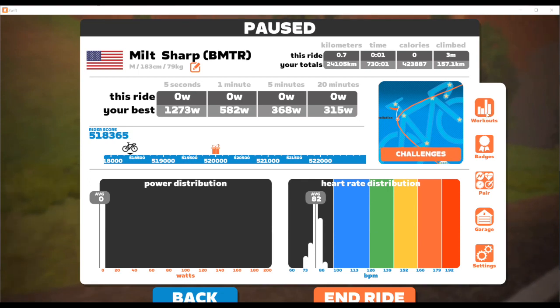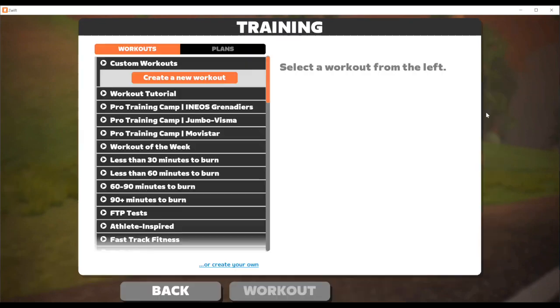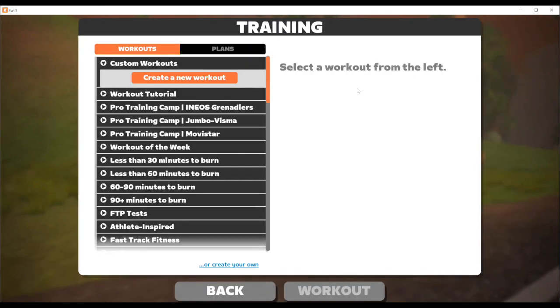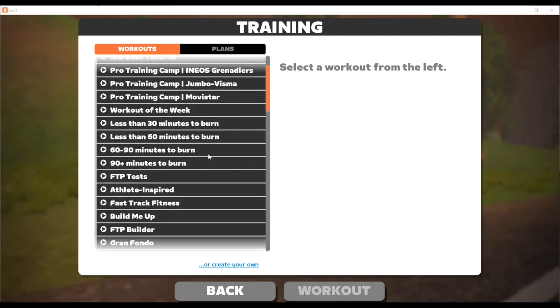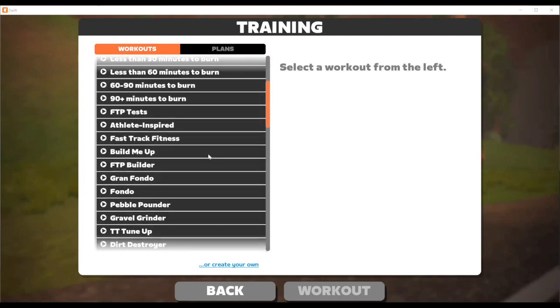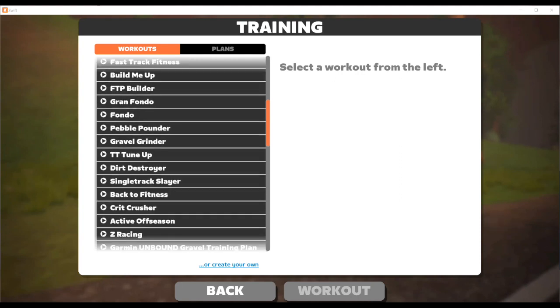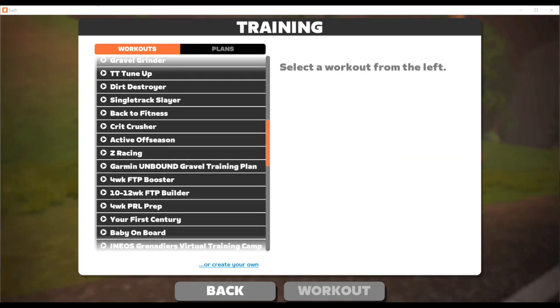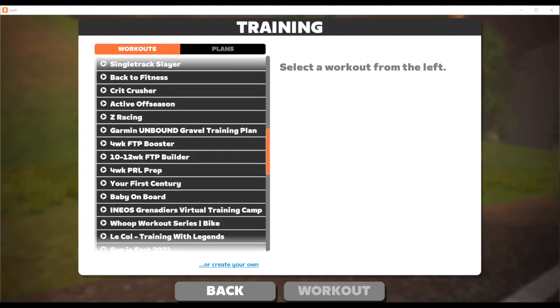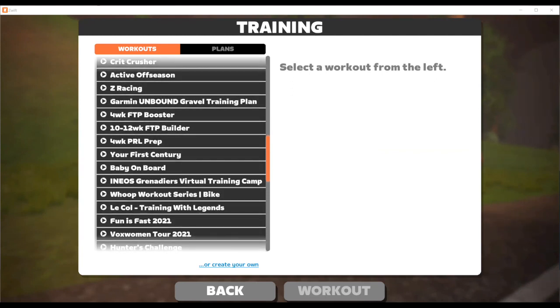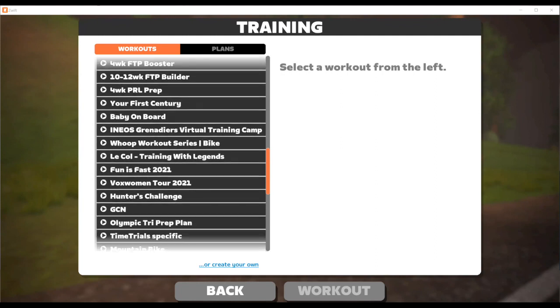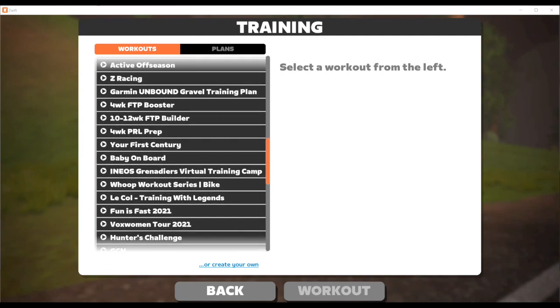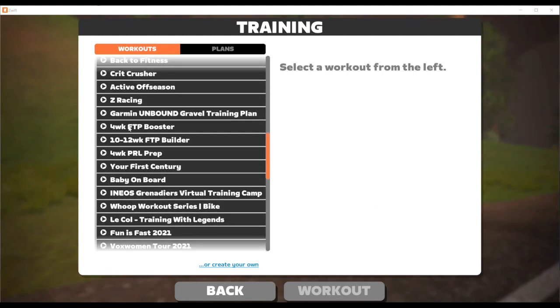Over here are those workouts that I talked about earlier. And as a beginner, I think it's better to come here, select a workout, and sign up for it, because it's better designed to have those trainings specifically around what you're looking for. So let's say you want to do an FTP booster.